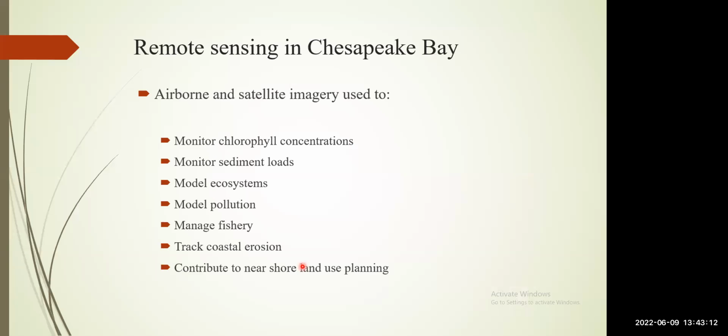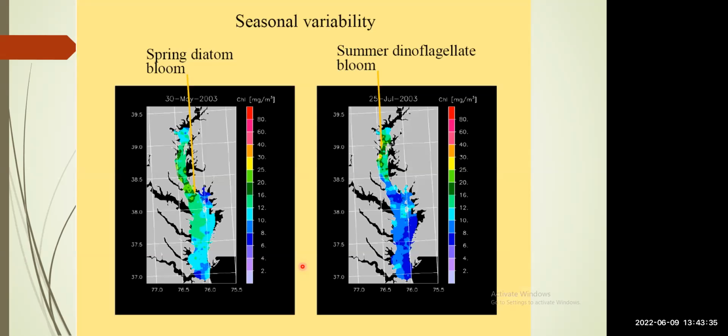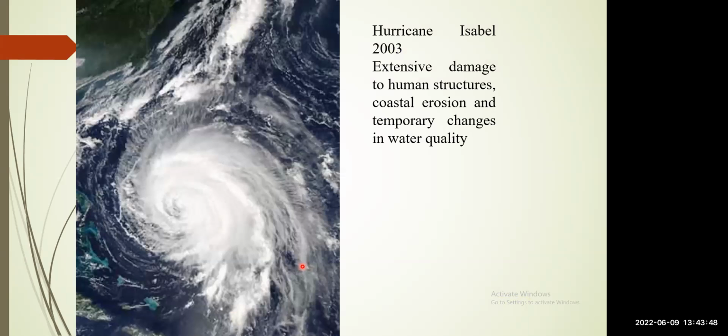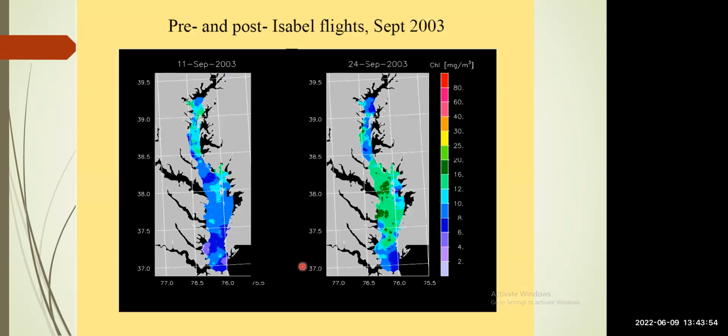We can see here the remote sensing in Chesapeake Bay: airborne and satellite imagery used to monitor the chlorophyll concentration and monitor the sediment load. We can see all the sediments here, all the applications of remote sensing that have been used in this case study. This is one of the spatial variations, the seasonal variability in the area, the chlorophyll concentration within the storage area reservoir. This is the hurricane in the area, calculated by remote sensing, with pre and post hurricane flights in September